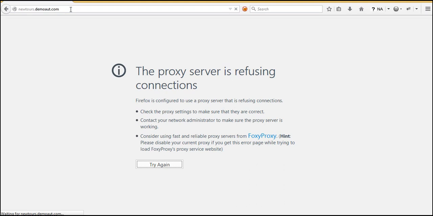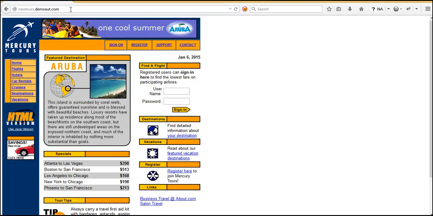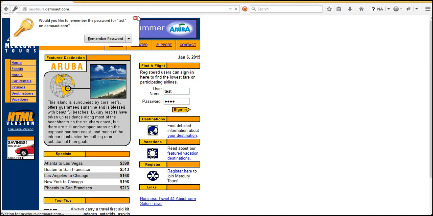Let's go back and start our recording. I'm just logging into the page, newtools.demoaut.com. The credentials I provide here are test, password test. Okay, so we can sign in successfully.